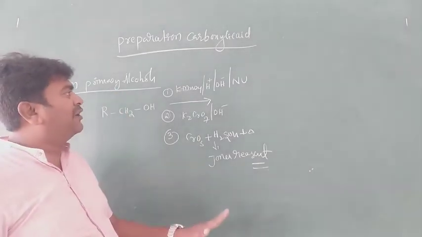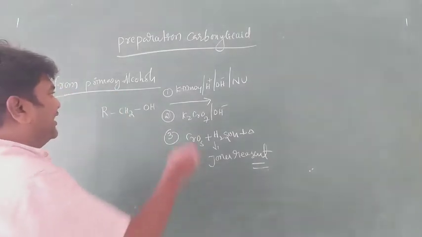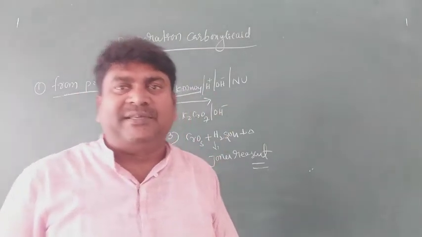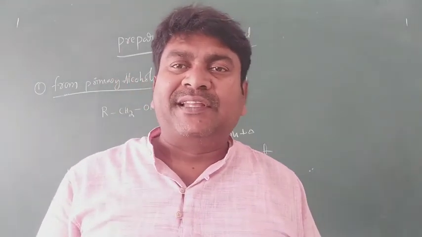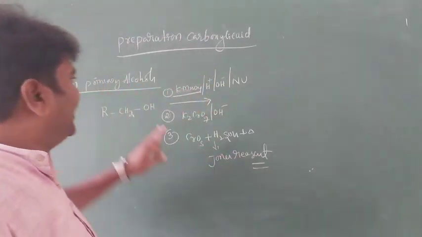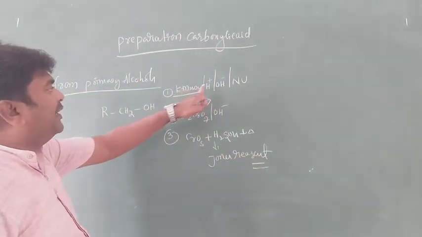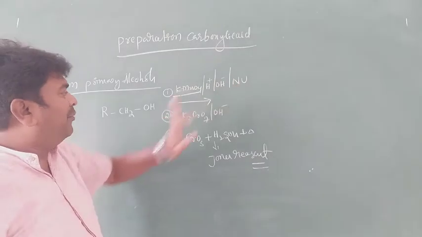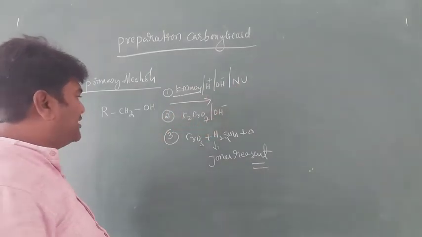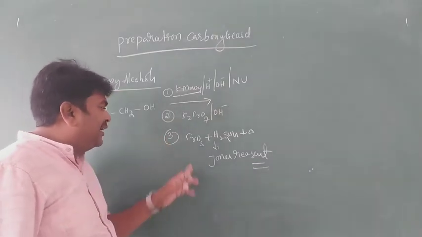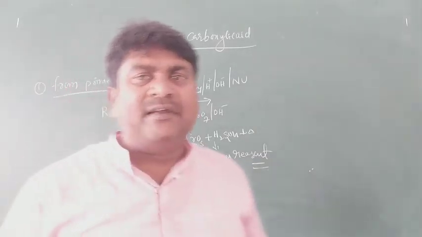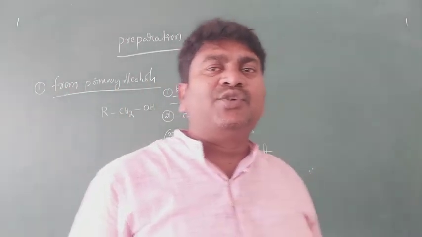This is an example of an oxidation reaction. If you take any one oxidizing agent, that is potassium permanganate, we already discussed in first PUC that KMnO4 can act as an oxidizing agent in acidic, basic, or neutral medium. Another reagent is potassium dichromate in presence of basic medium, and a third reagent is Jones reagent. You have to remember, my dear students, CrO3 plus sulfuric acid is called Jones reagent.